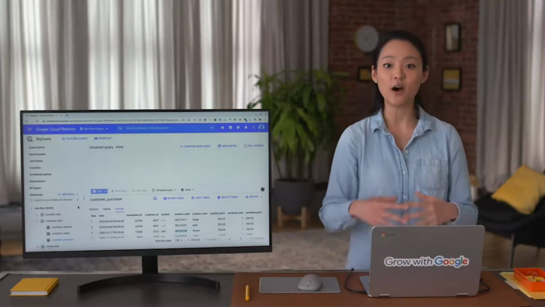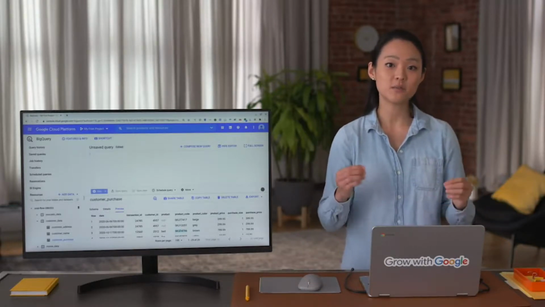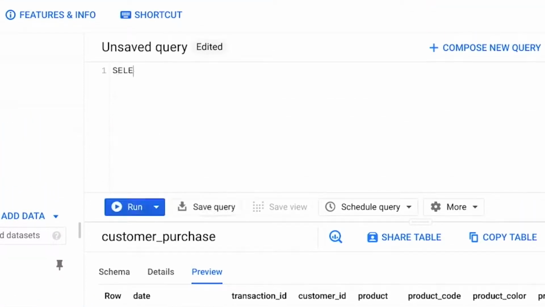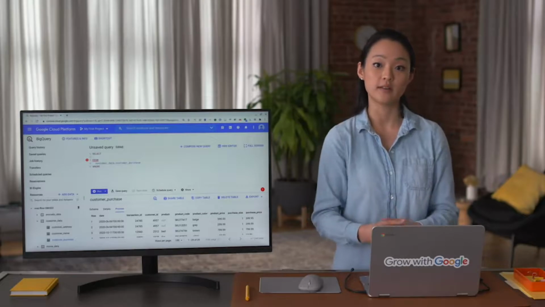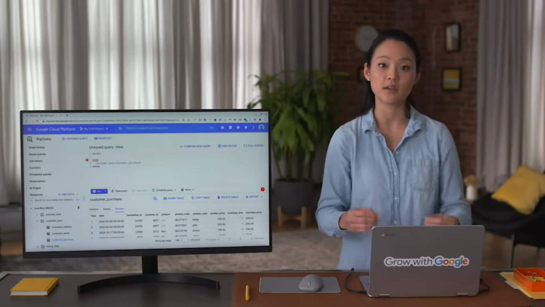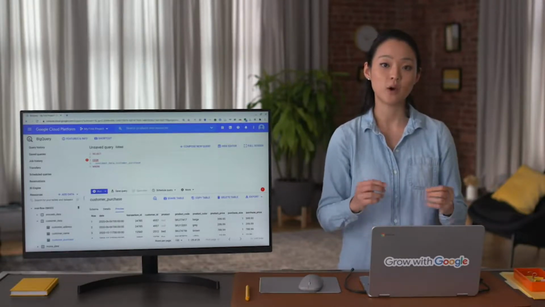Let's say we wanted a list of all products that were sold. We want to use the product name column to understand what kind of product was sold. So we write our SQL query with the basic SQL structure, select from where. We know our data comes from customer_purchase table in the customer_data dataset. So we type customer_data.customer_purchase after from. Next, we tell SQL the data we want. We want a list of product names, but if names aren't available, then give us the product code. Here is where we type coalesce.